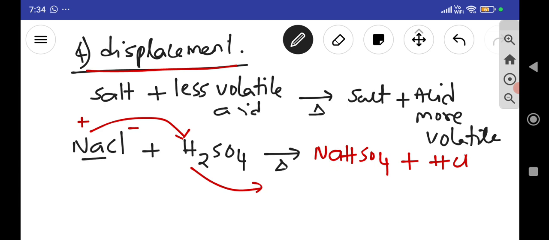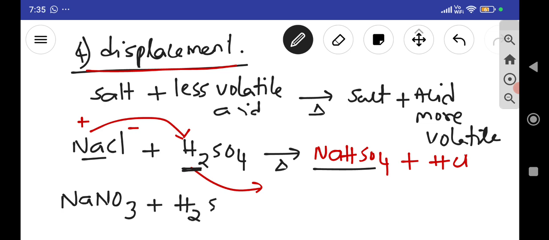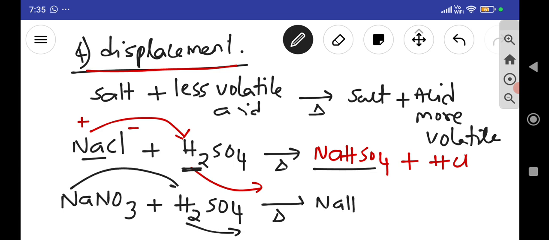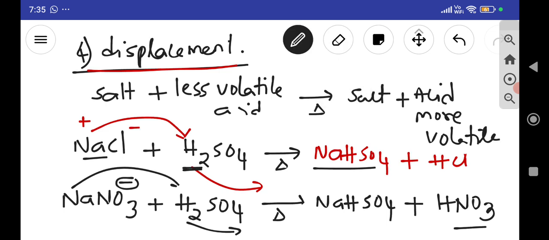Sodium, being more reactive, displaces the less reactive hydrogen and you get sodium hydrogen sulfate. Second example, take sodium nitrate, NaNO3, adding H2SO4. On heating, once again the same thing, hydrogen gets displaced and you get NaHSO4 plus HNO3. How did you get HNO3? Because here the nitrate NO3 minus will combine with this H plus and you get HNO3. So this is about the preparation of